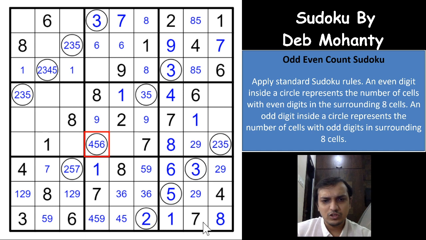Superb. So if you see the 2 here, as we know that there has to be 2 even digits here. One of the even digits will be 6 here, the other digit will have to be 4, so that eliminates 4 from here. It has to be 5 and 9, and okay, that is great. 1 2 3, we'll have to have 4 is this. One of the digits will have to be odd, one will have to be even. Nothing much now.